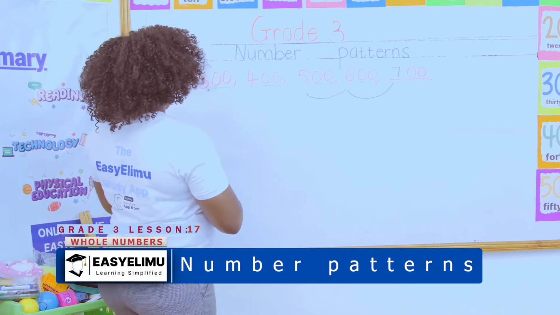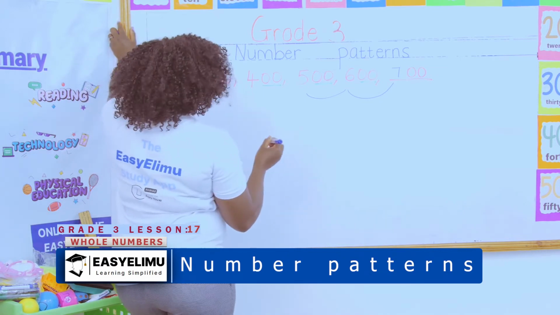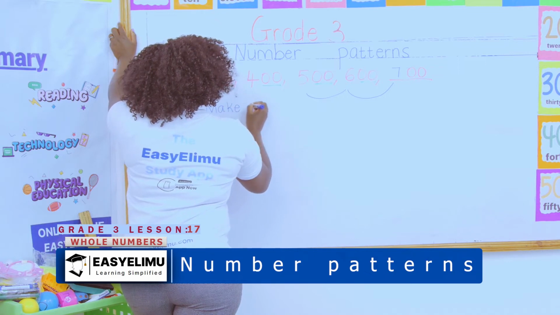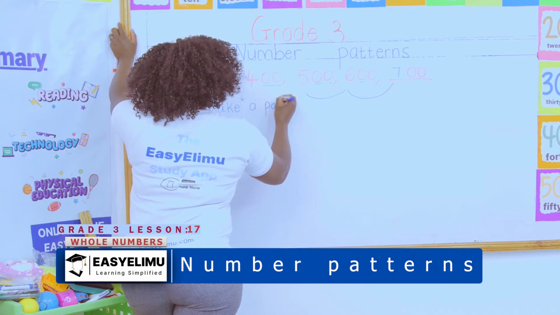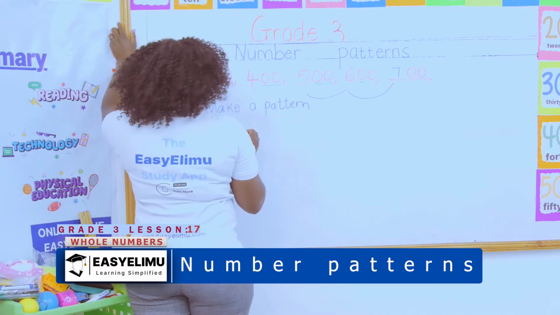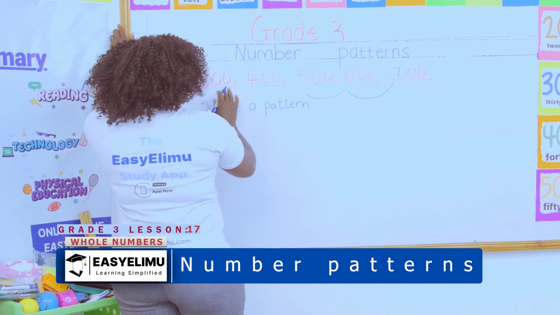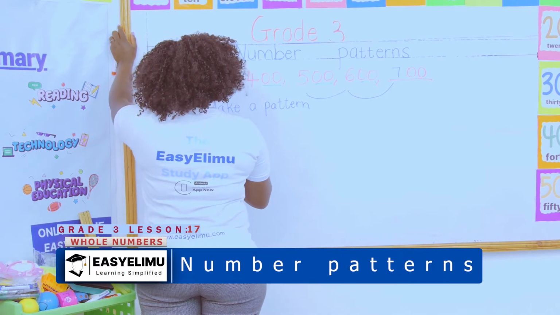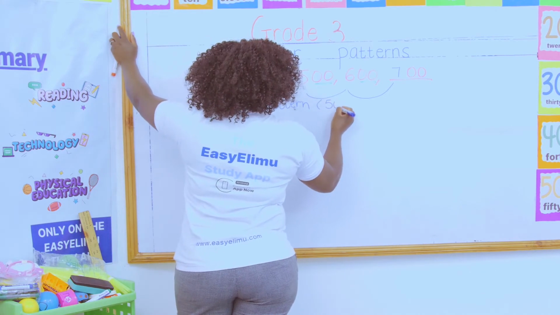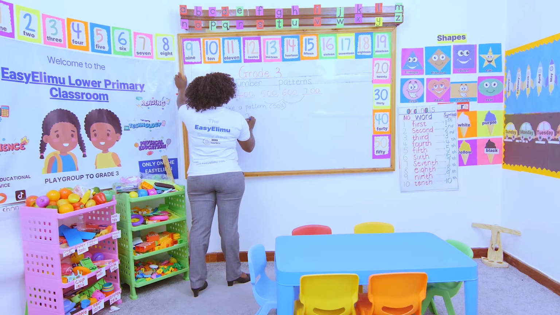What if I've been given a number? Maybe I've been told, count in 50s, make a pattern, and we are counting in 50s. Make a pattern by counting in 50s, and you're counting from 200 to 400. So it will be like this. My starting number will be 200. And remember, my pattern says I count in 50s. So what will be the next number? 200 plus 50 will give me a